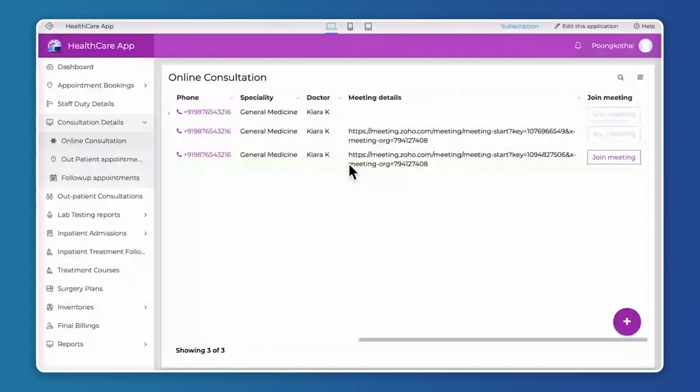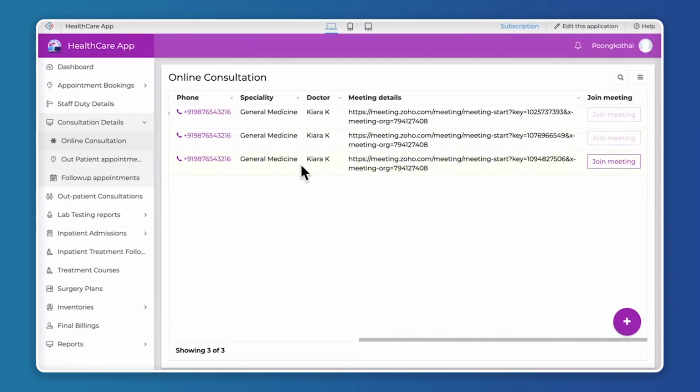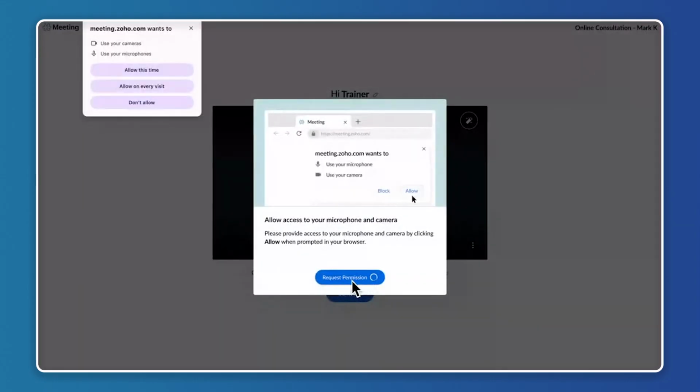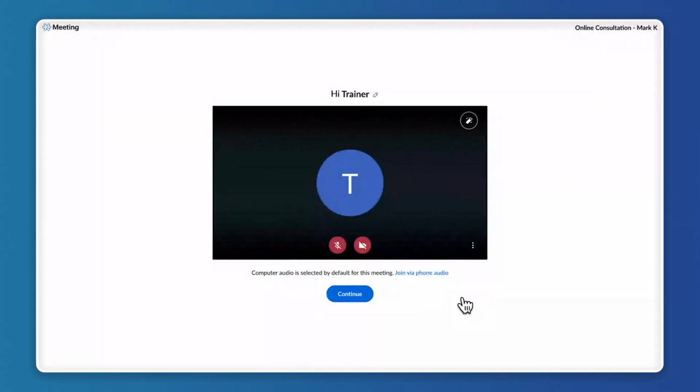So currently you can see we have a few of the meetings that are appointed for this general medicine doctor, and on the day of the meeting, he'll be able to click the join meeting report action button, which is available here, and he will be directed to the Zoho Meetings, and he'll be able to make a consultation. So you can see we have the request permission. Just a minute. So upon clicking continue, he'll be able to join into the live meeting,